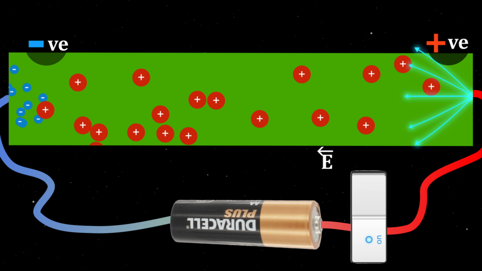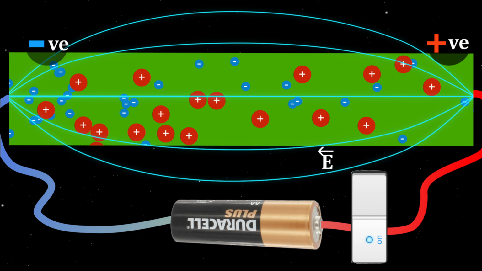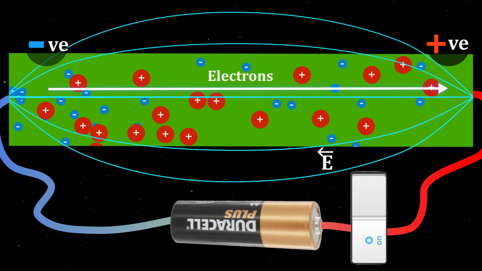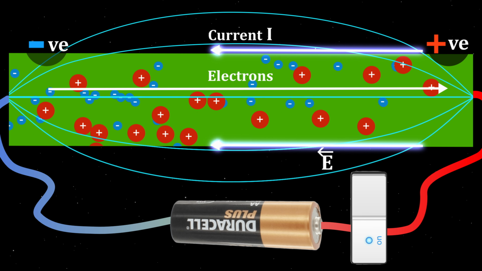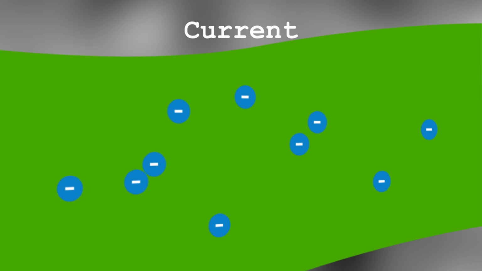If you take a piece of conductor like a wire and connect it to a battery, we see that there's a flow of electrons from the negative end of the terminal to the positive end of the terminal. Because of the flow of electrons, there is a flow of current in the opposite direction in the wire. So what is current? Current simply means the flow of electrons per unit time through a cross-sectional area of a